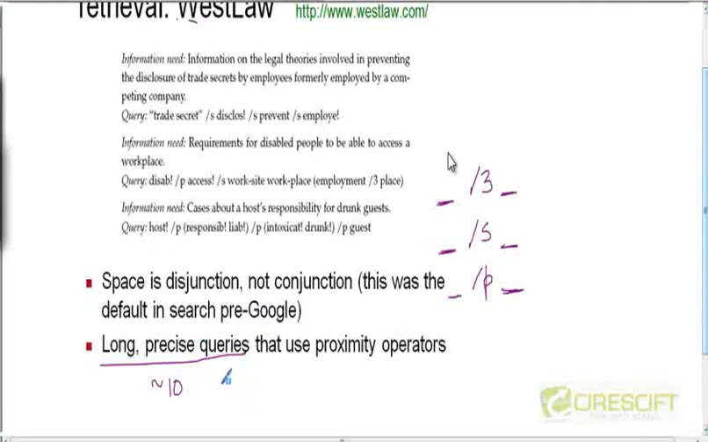So, are there proximity operators even in Google? No, there are no proximity operators in Google. I've used the AND, OR and double quotes, but not the proximity. Yeah, proximity operators are not there, but there is a way to handle proximity,